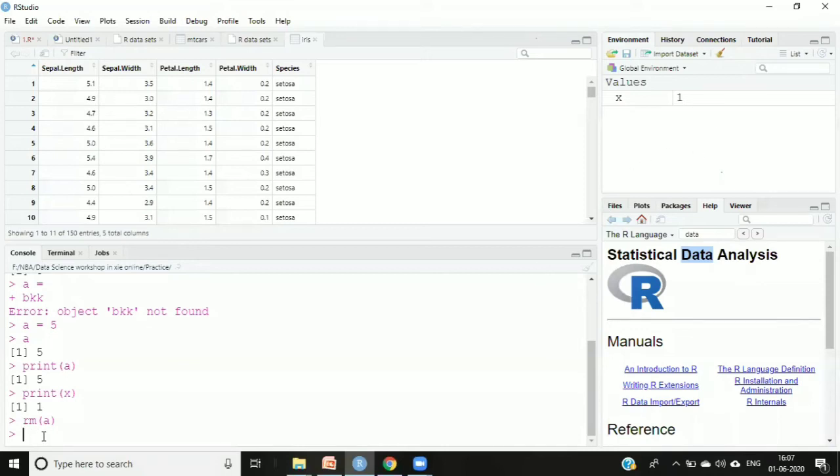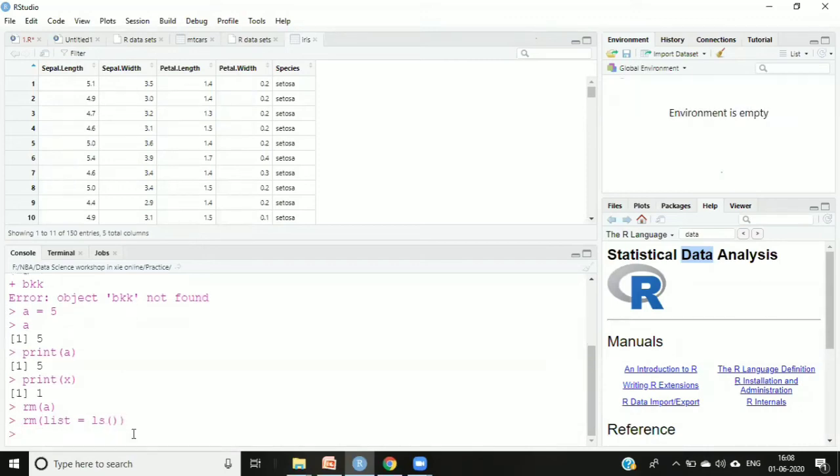So you can just type rm, in the bracket list equal to ls, open the round bracket and close the round bracket. This command will clear everything from this particular window. Please remember this: rm, list equal to ls(), enter. See, now it's showing environment is empty. So this will clear everything.